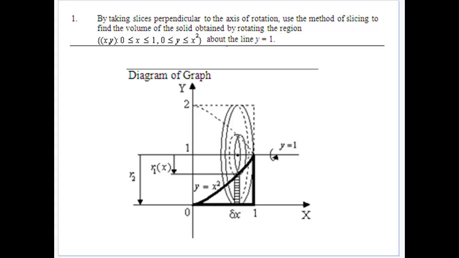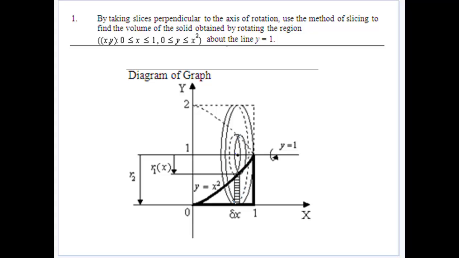Our questions now look at finding the volume by taking, again, a slice of the volume, but our slice here will give us a different type of circular disc, and one with a hole in it. So we're going to get what we call an annulus, and then we're going to find the volume of that. So the curve we have here firstly is y equals x squared, and we're going to rotate it around the line y is equal to 1. So this is where it's going to be giving us this idea of getting an annulus